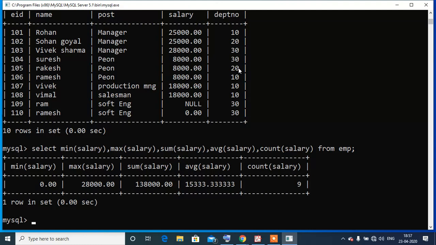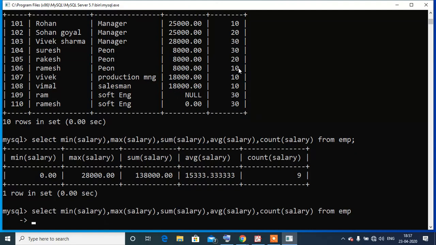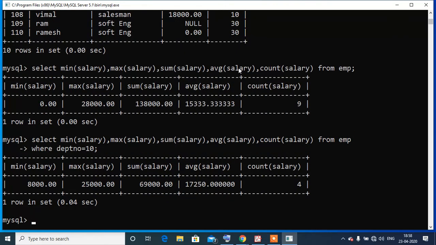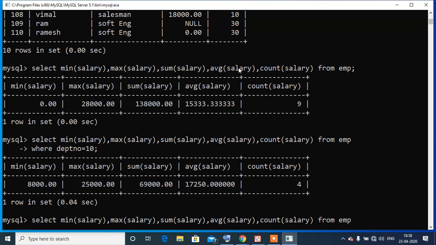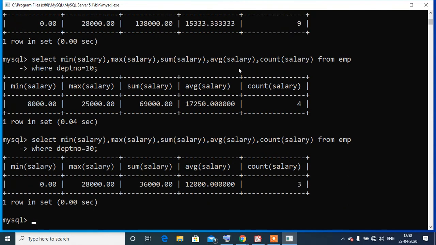So the first way of doing it is from EMP, and after that we can write where department number is equal to 10. We are getting this result. Again if we write department number is equal to 20 or 30, we'll get this result.